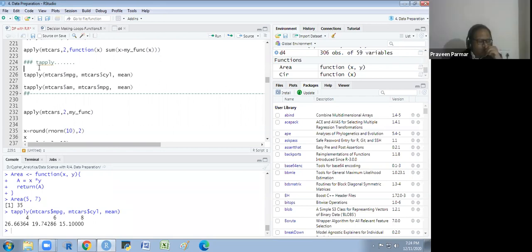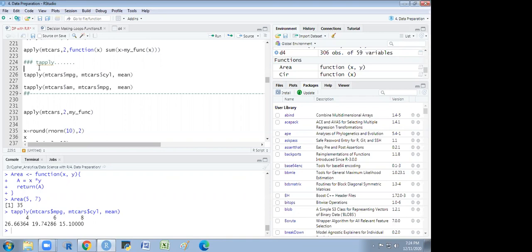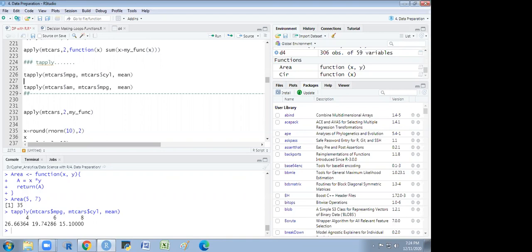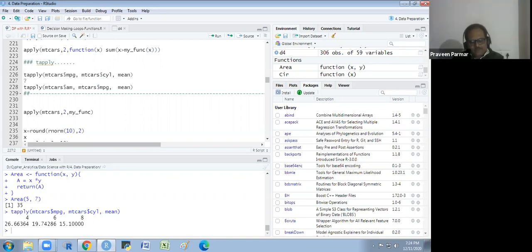Then you have to convert that into a data frame and give the names, and then use it. If it is in a plot we can do that, but here we have to see whether tapply has that label or not.